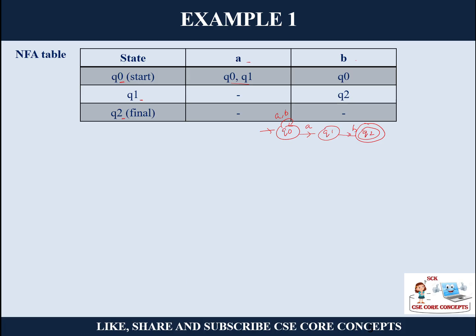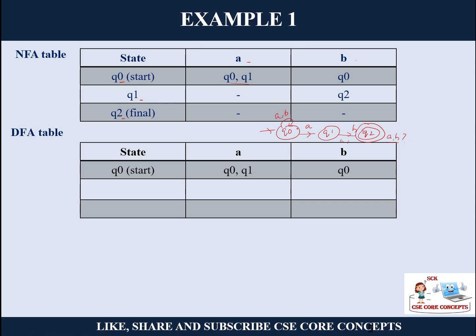So this is very incomplete, right? It is an NFA because you don't know what happens on input A over here, that is not known. What about A and B input over here, that is not known. So let's try to draw a DFA out of it. First let us try to draw the DFA table, and from that table we will draw the diagram.